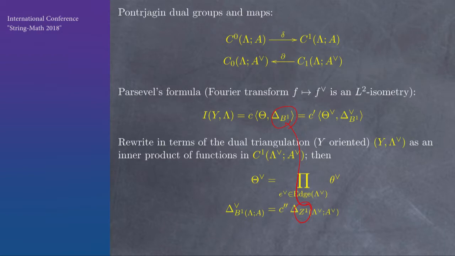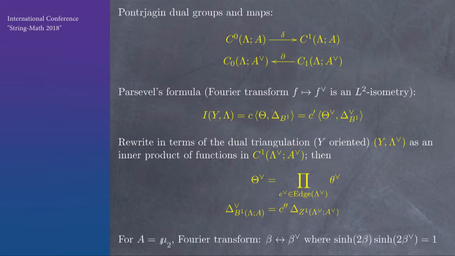Fourier transform of this theta, this function on the group, is now a function on the dual group, A check. And what we get as the Fourier transform of coboundaries, it's not surprising, is we get a function on the co-closed guys. So we don't quite get the same thing. So this is, in other words, it looks like an Ising model for the dual group, except it doesn't quite match. And what happens in the classical case, the cyclic group of order 2, is the Fourier transform is the usual transform that takes the temperature to a kind of transform temperature, exchanges high and low temperature.